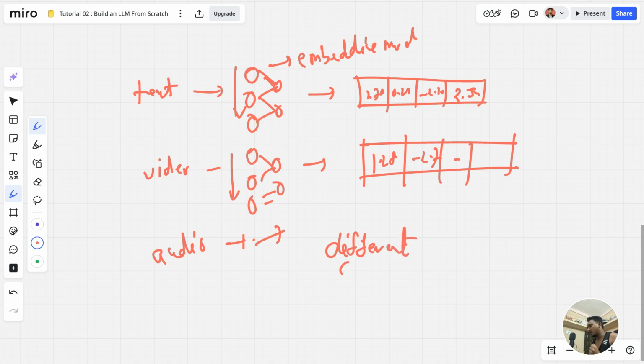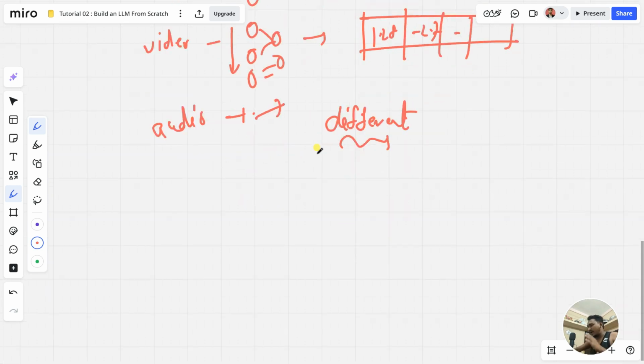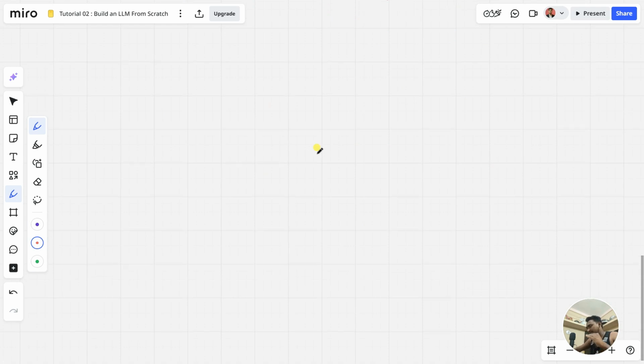Okay, the architecture of the neural network is different. I am teaching you from this book, Build a Large Language Model from Scratch by Sebastian Raschka. You can get all of the things in this book. So now, as we know, the core concept of an embedding is mapping from a distinct object,